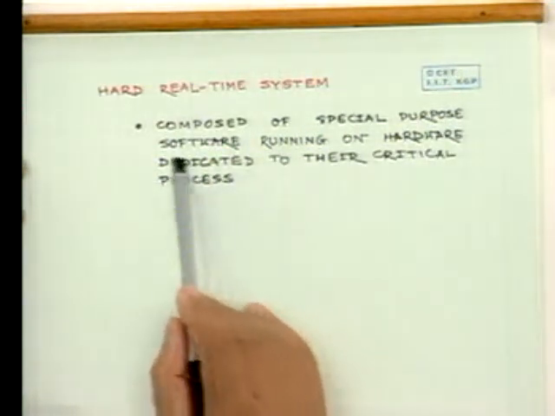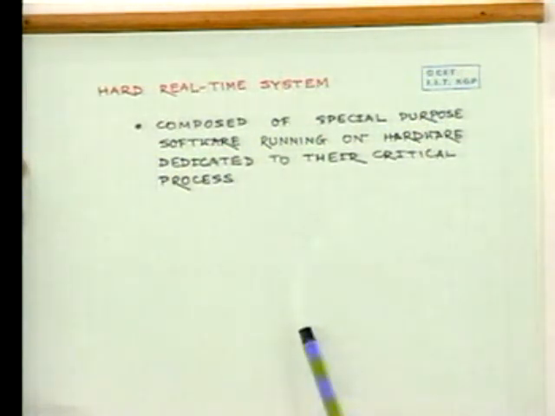Now, the situation may be such that the demand for meeting the response time is such that you cannot have any data in the secondary storage even. All such data that may be needed for processing is kept in the ROM. Similarly, any working place where the computations will be done has to be a very fast memory. That is why in the case of a hard real-time system,